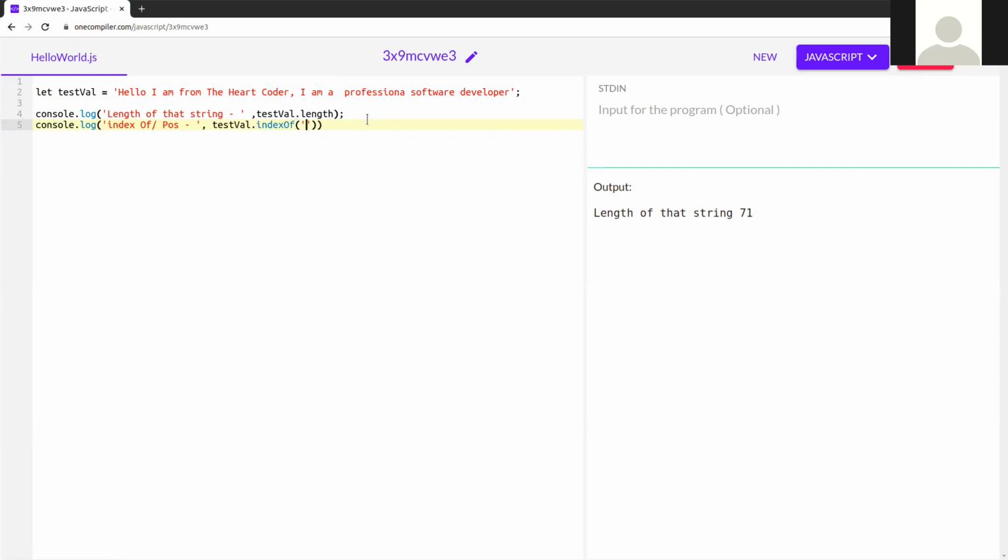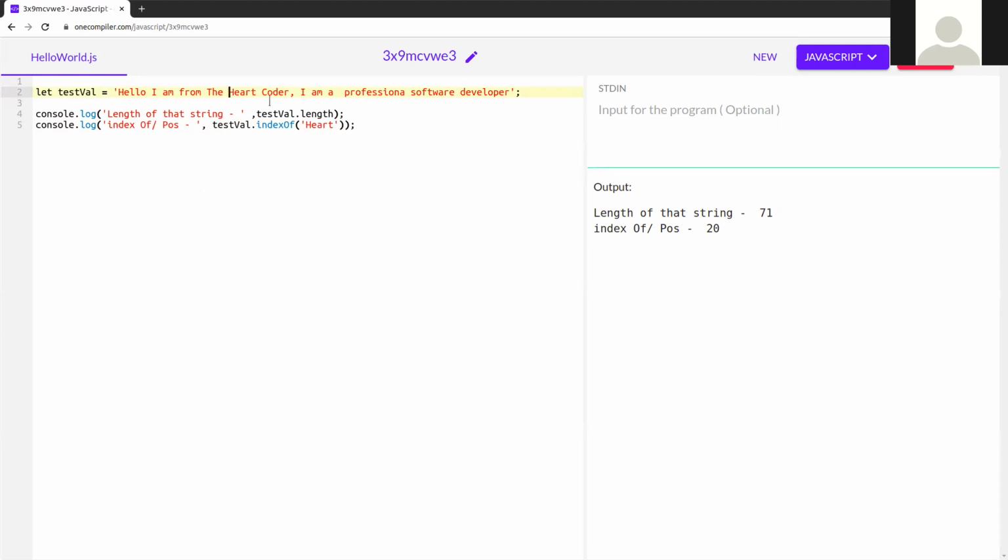You need to pass a parameter, the substring you want to find the index of. I'm finding "Hard". You can see the position is 20. If you count from H, the word Hard starts at index 20.